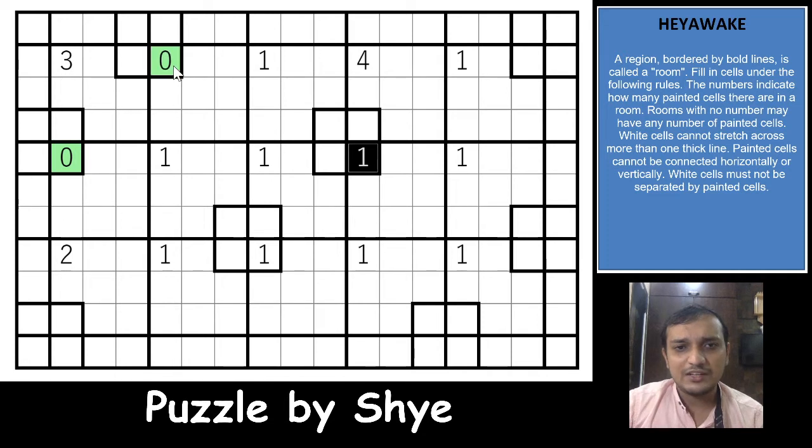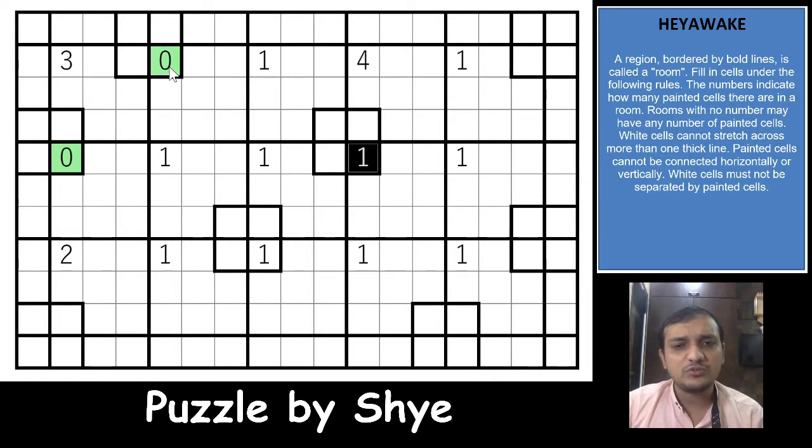So if you have a white cell here and a white cell here, this would have to be a black cell, and this can still be a white cell, because from this side it has not yet crossed the second thick border. If it crosses the second thick border, it contradicts, right? So this will have to be shaded then. This is what the puzzle rule says.